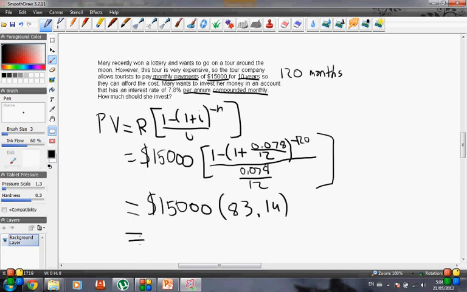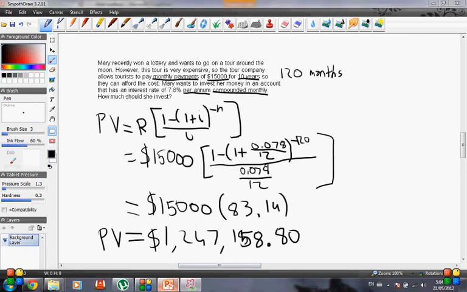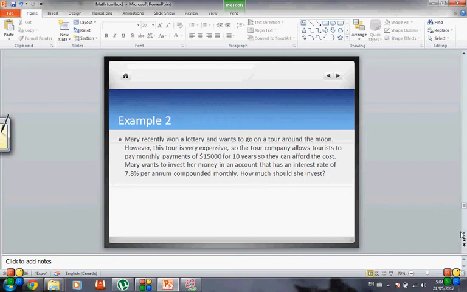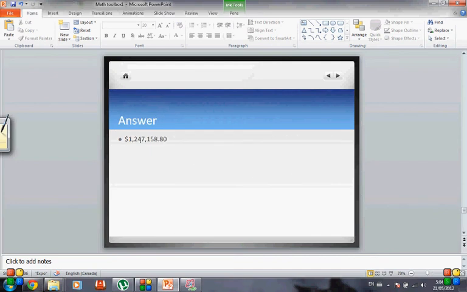So if we multiply that by 15,000, we get a value of $1,247,158.80. So that is our present value. That is how much Mary has to invest to afford this spaceship, and that is a whopping amount, as one would expect from a spaceship. So let's check our value with the actual answer, and we are correct. So let's move on